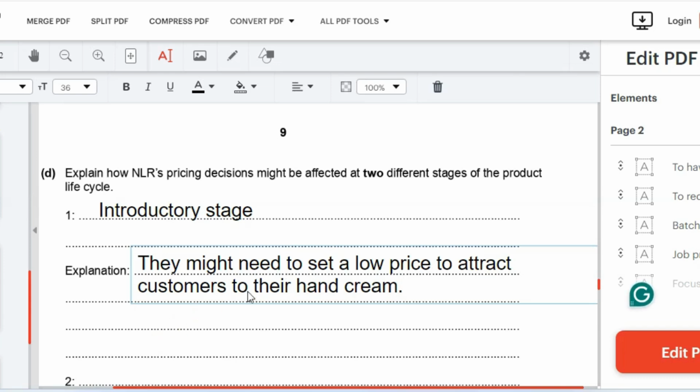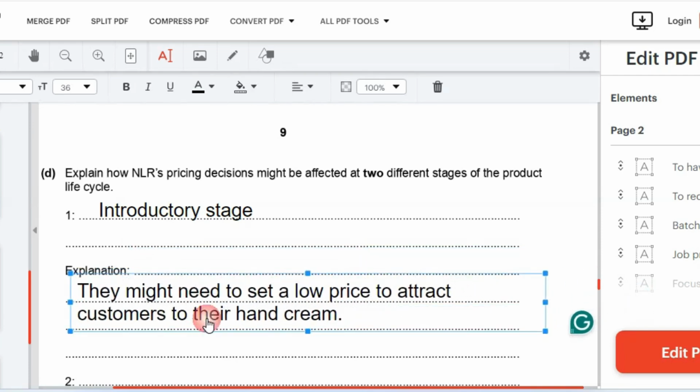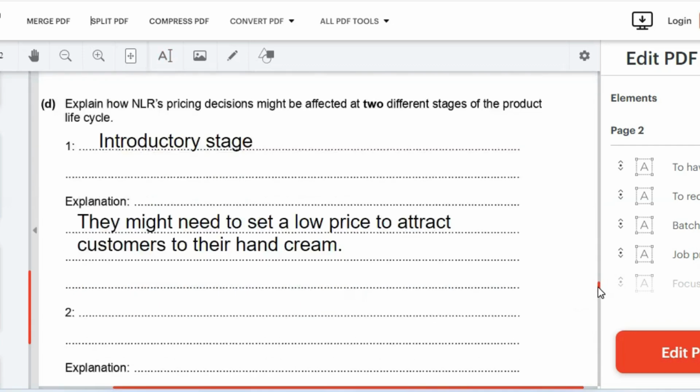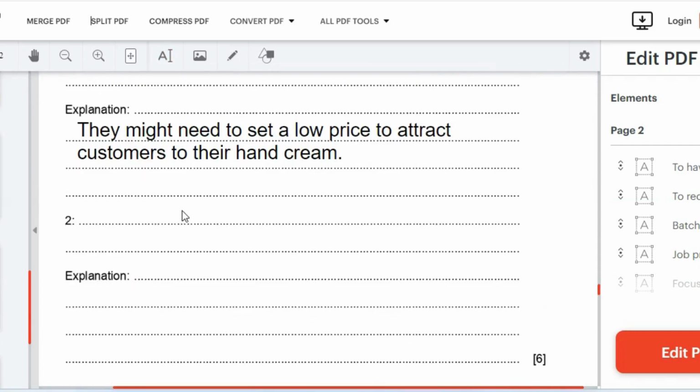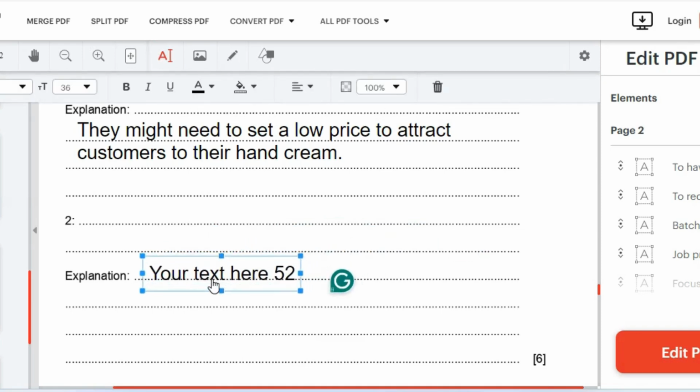Now let us choose another stage apart from the one I just mentioned earlier. We also have the maturity stage. Let's try to write. It's supposed to be here. Maturity stage. Now, how does this stage